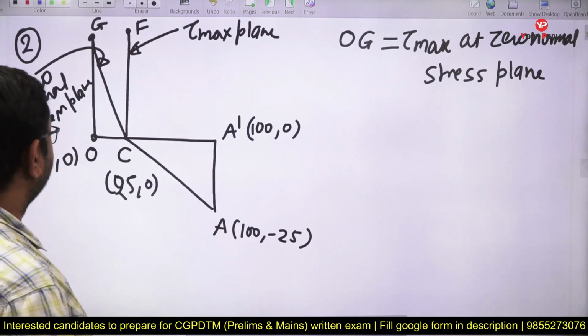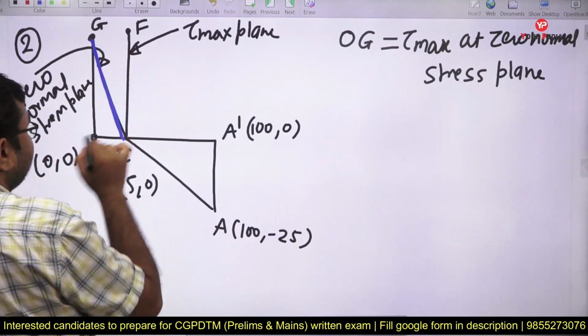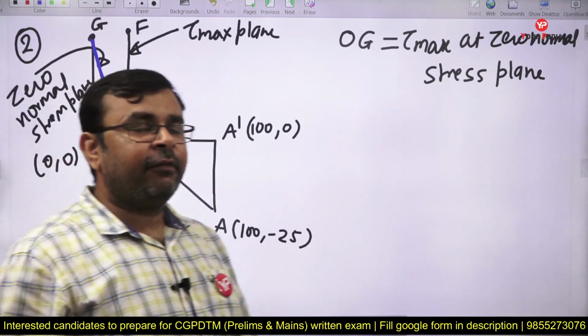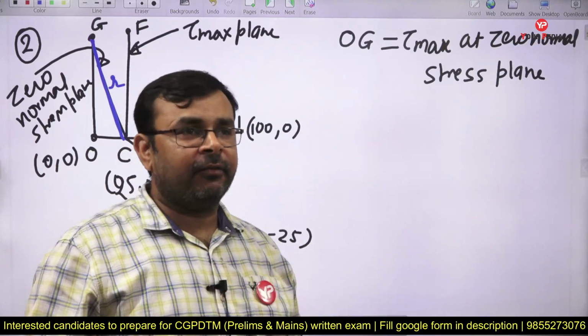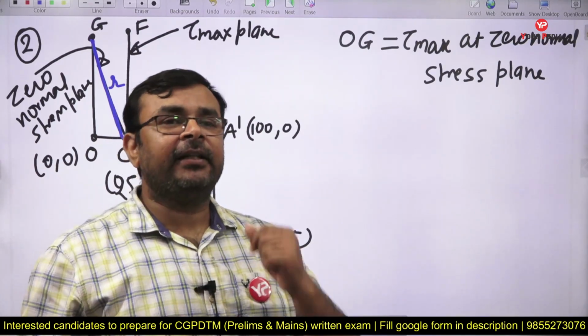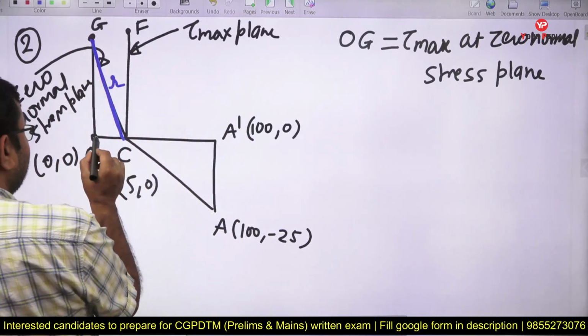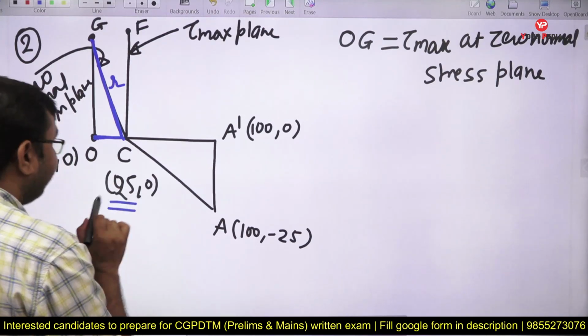This is our objective. So can I say this GC is nothing but the radius of the Mohr circle, because if you join any point on the circumference to the center of the circle, that gives us the radius of the circle. Yes or no? So this is the radius, and this distance is already given here. OC distance is nothing but 25, radius is